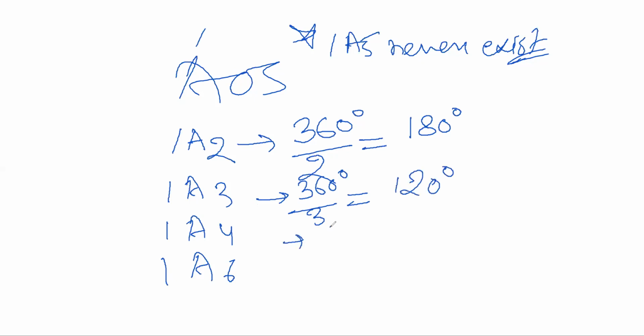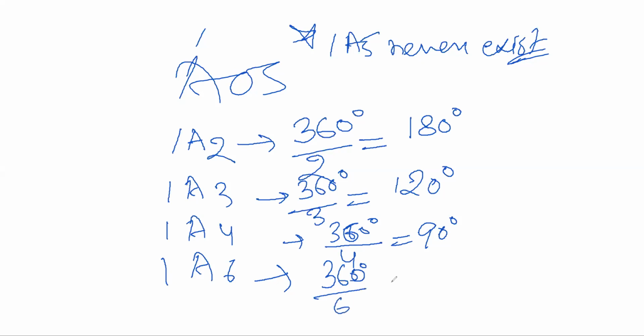1A4, that means we rotated the crystal 360 degrees, but the repetition of the same phase was 4 times. That means each phase will be repeating at 90 degrees. That's again important. If we see one axis of 6-fold symmetry, that means we have rotated the crystal 360 degrees and the same phase was repeated 6 times. That means each phase was repeating after every 60 degree angle, which was made there.